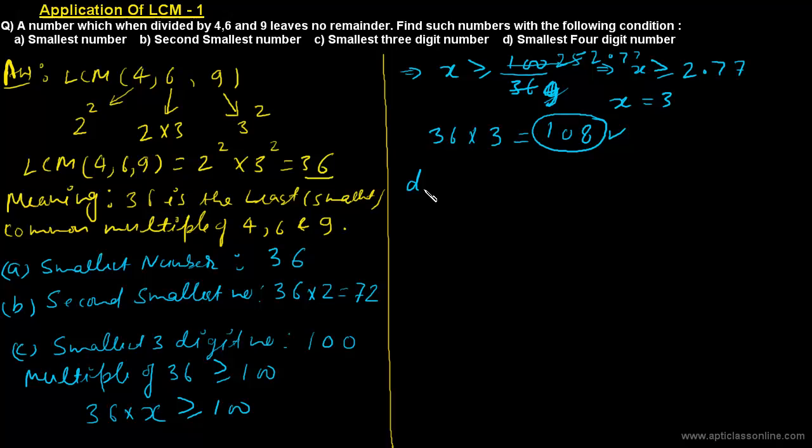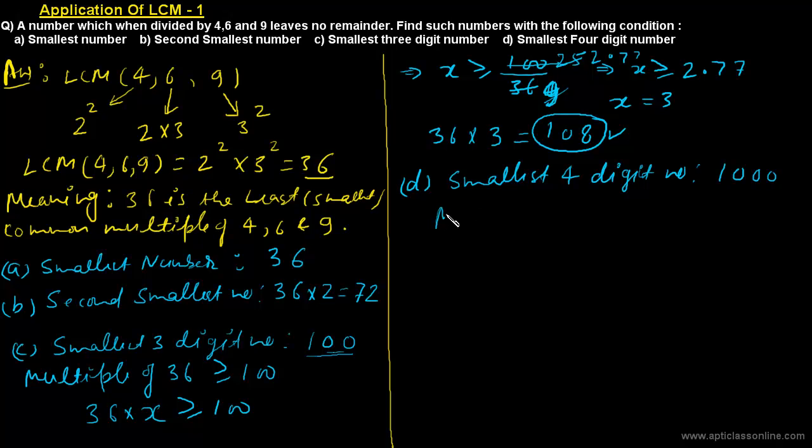There is a similar question in D, where we have to find out the smallest 4-digit number. So we'll solve this question in a similar fashion. Which one is the smallest 4-digit number without any condition? That is 1000 in this case. In the earlier case it was 100, because that was the smallest 3-digit number. So the smallest 4-digit number without any condition is 1000.